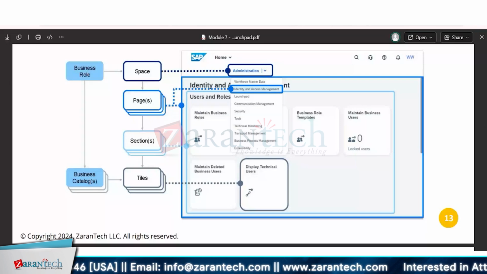So what you see here, all these are pages, and in the page you see the section. So for example, this is the administration screen. So it is easy to understand. For a business role, we assign a space. Space is attached to the main. For example,